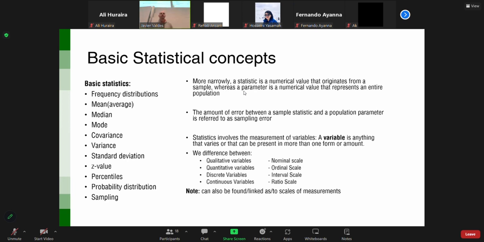The amount of error between sample statistics and the population parameter is referred to as sampling error. This is what we just saw now, okay? This is the error, and it's related to the sampling. It is not always your error, okay? It can be an